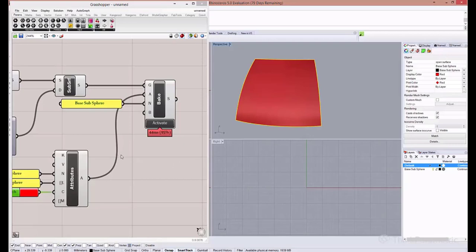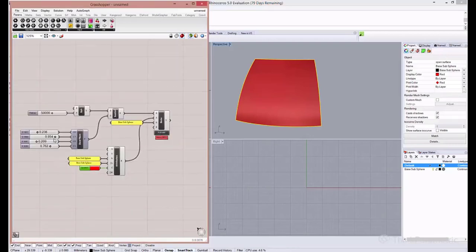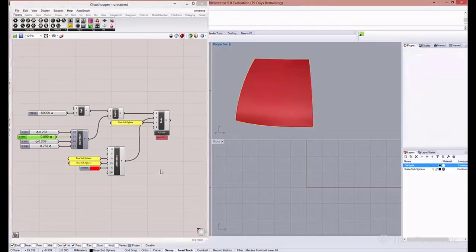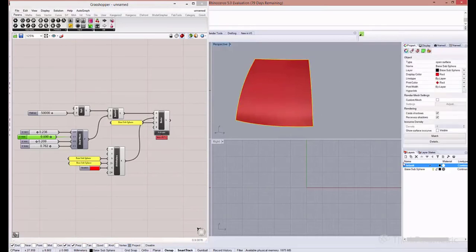is assigned to it. Again, if I make any changes to the geometry, bake again, it's all still the same attributes, the same layer. It's just replacing the previous geometry. This is the very basis of what Elefront is about, and I'll show you more